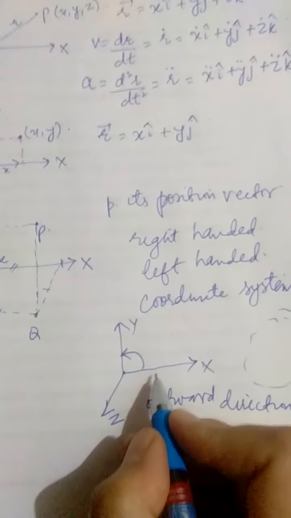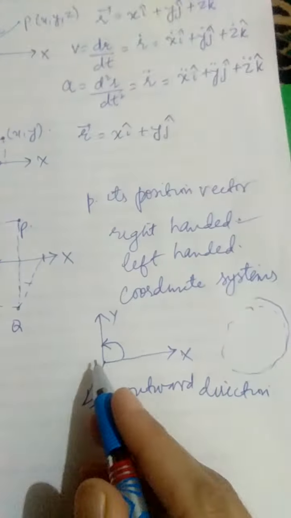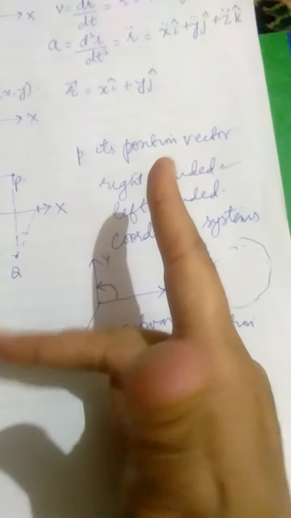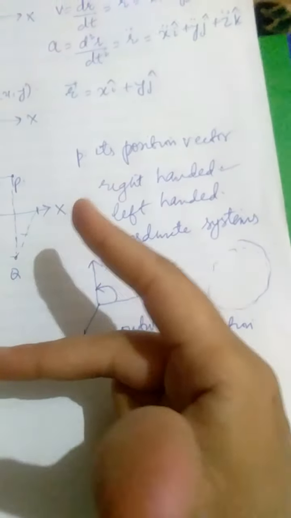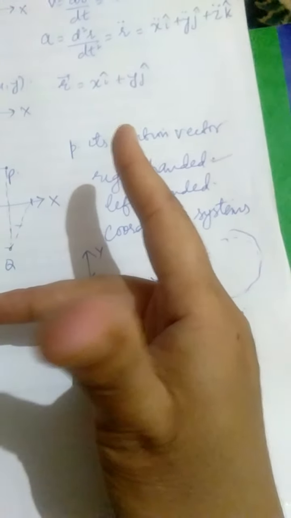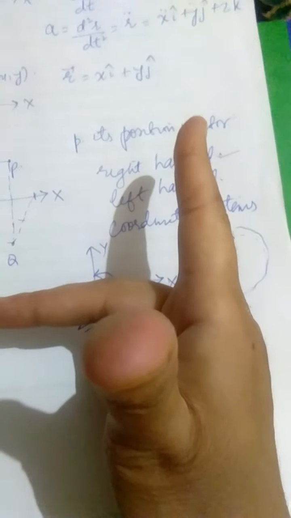So this type of coordinate system can be called a right-handed coordinate system, because you can fix this type of coordinate system by means of your right hand. This way. One of them is x, one is y, and another is z. Z is straight pointing upwards. So this thumb indicates the z direction, which is pointing upwards, because we have moved anti-clockwise from x to